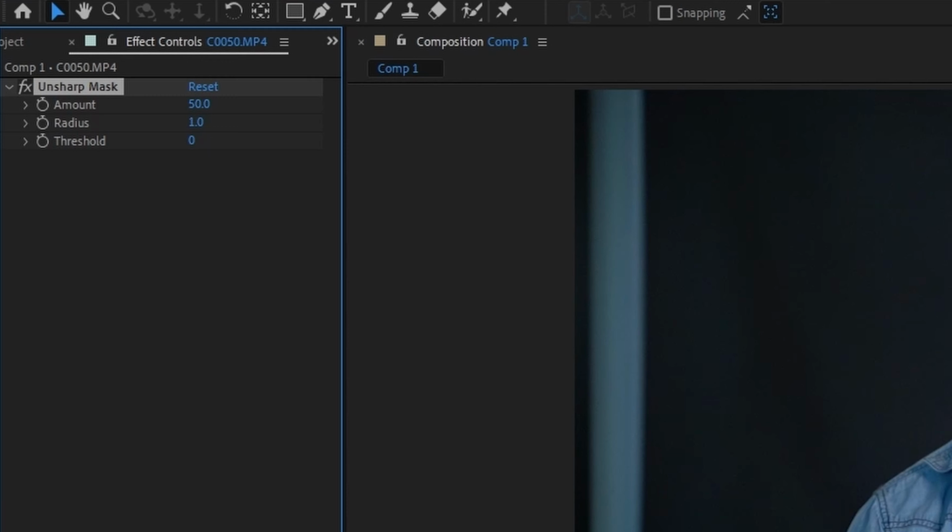How to track 2D text layers to a moving object in After Effects. This is an absolute must-know, so if you're ready to learn some cool tricks, then grab your snacks, get comfortable,